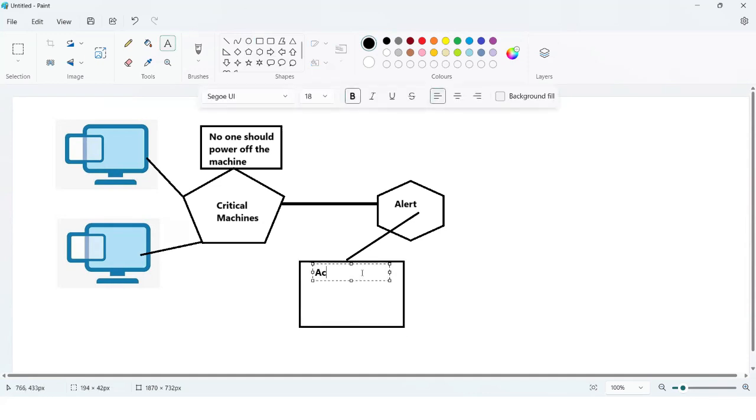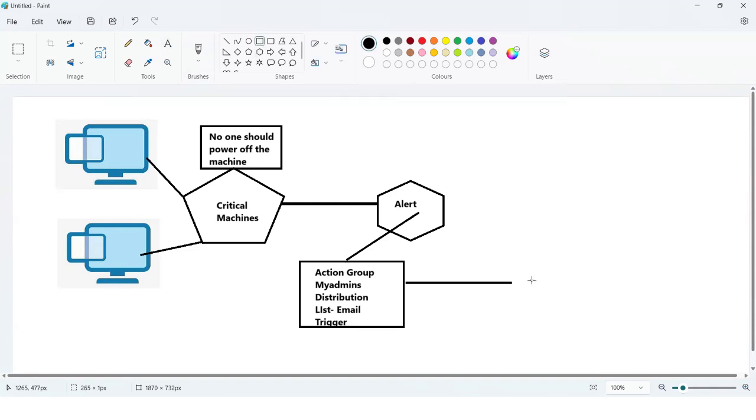The action group is my team, my admins, and I'll select a DL, a distribution list, where the email will trigger. Correct? Email trigger. And if something happens, for example, if no action is taken from the team,